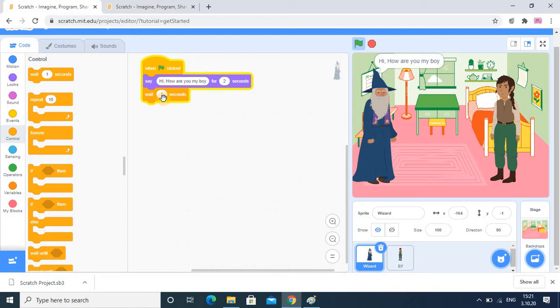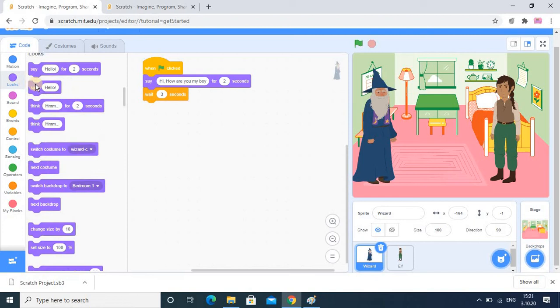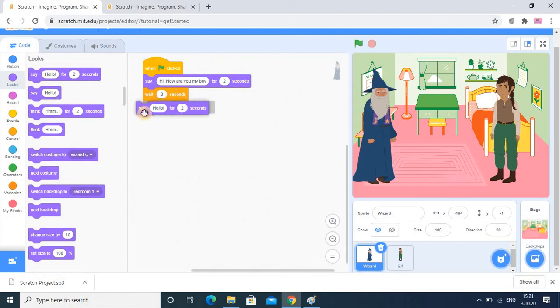Wait should be for 3 seconds, and then it will speak. Okay, wait a second. So this is their conversation. Now one more time we will check whether it is going properly or not, whether their timing is managed or not.